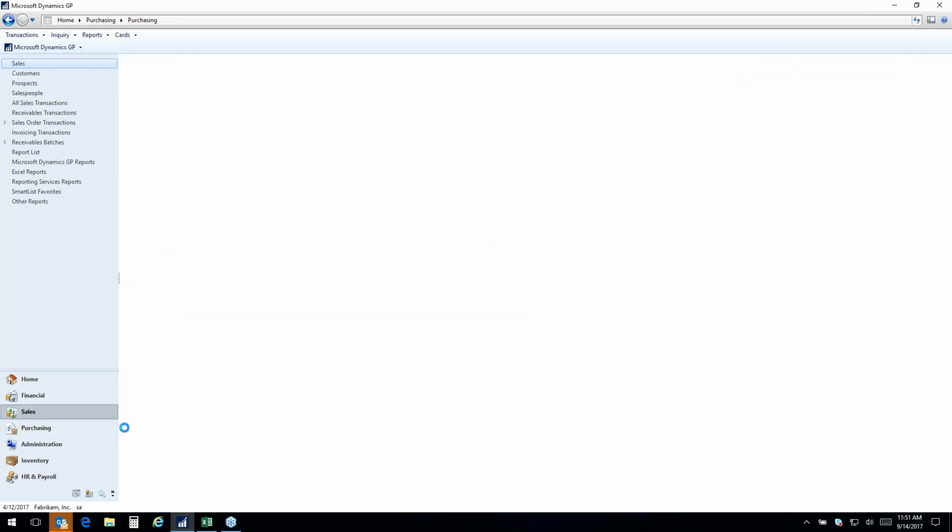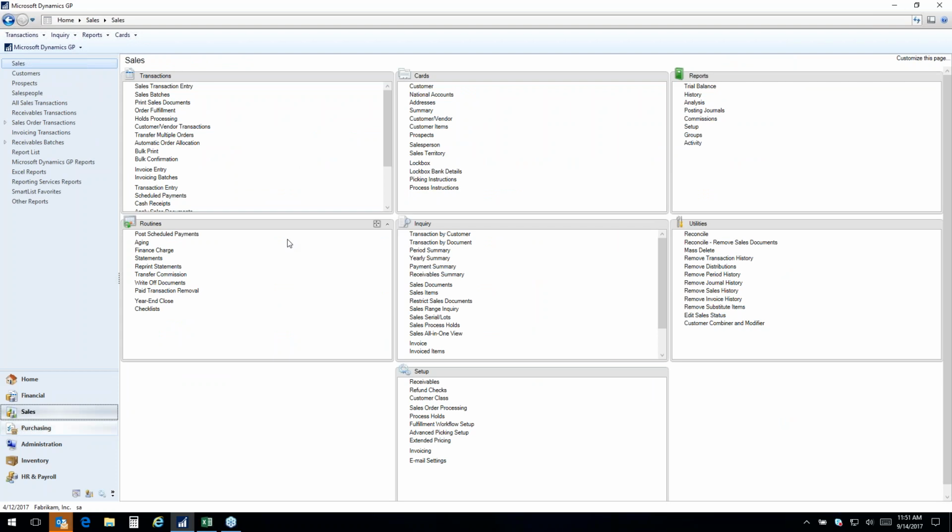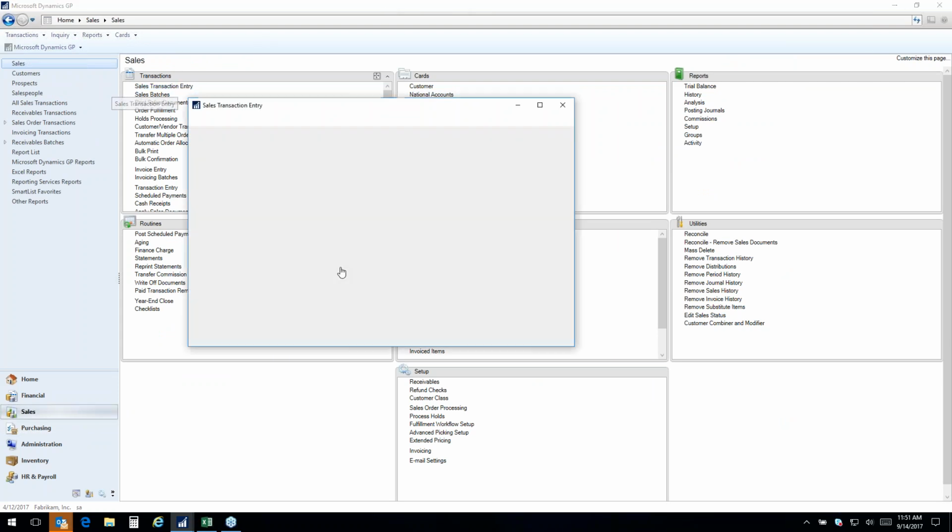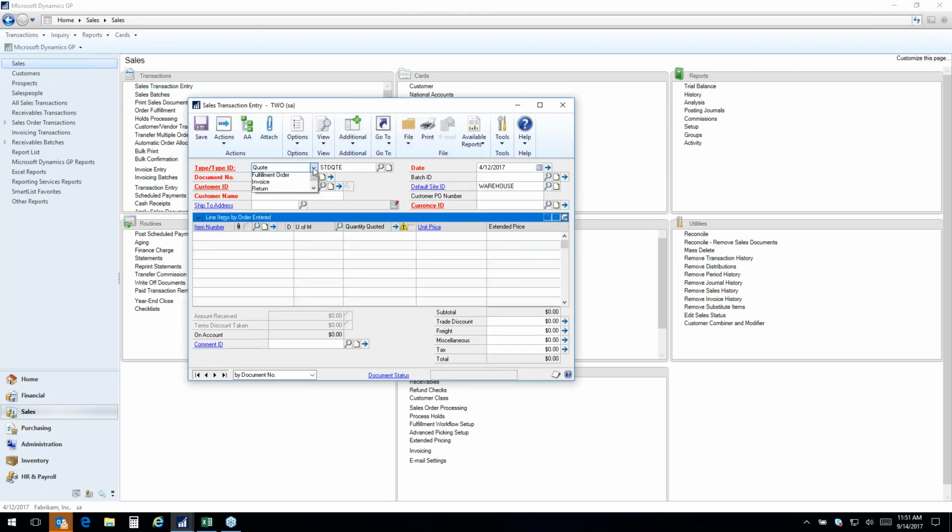And so in the last couple of minutes, we'll just toggle over to sales very quickly. This is the order entry system. So all of my ordering goes into one window, whether it's a quote, an order, an invoice, a return, or back order, all of that happens in one spot. Let me bring up an invoice here that I've pre-put. So here's a simple invoice,